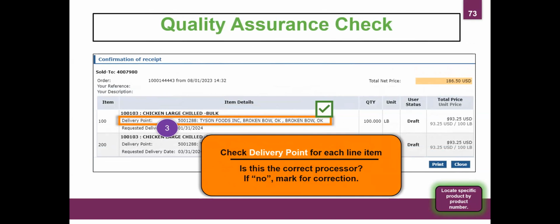Here, some of the items available, some may be in pounds or some might be in cases. So just paying attention to those quantities in units to ensure that you ordered correctly. As we said before, the commodity calculators and different tools that you utilize to determine those quantities, you're still following that same process to determine how much you need based on your menus.